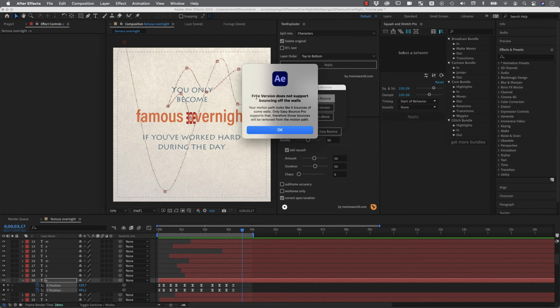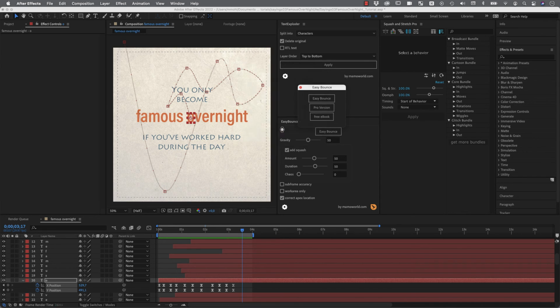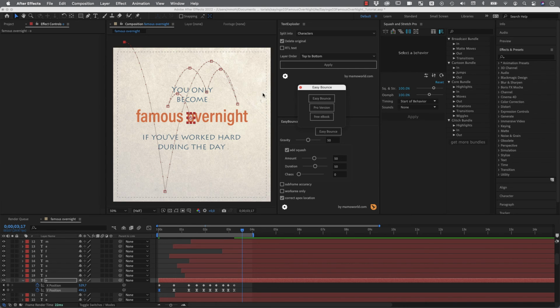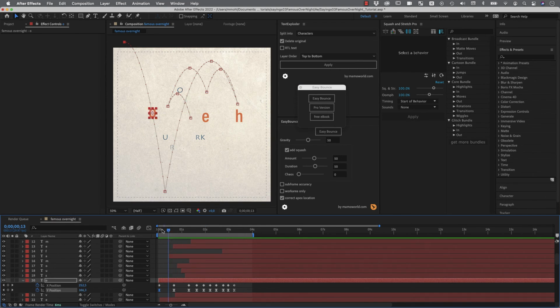and it says here the free version does not support bouncing off walls. Okay, so this is like a little limitation we've got here. I had this one point where I bounced off the wall. Let's see what it makes out of it. So you can see it removed this bounce part here. At this point it said I cannot bounce off this wall and then go here. So from this point it goes here immediately. But let's see what this free version does for us.